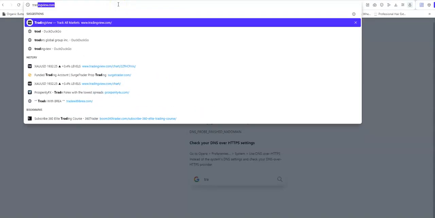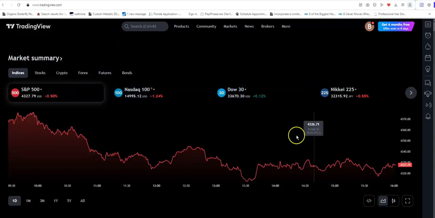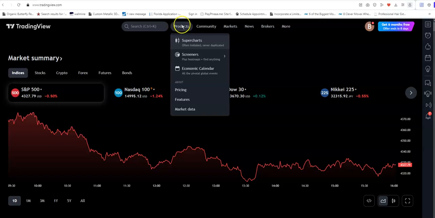TradingView. All right. When you come to TradingView, it's going to look like this, or it's going to be white. The white background. It's going to look like this once you get your free account. I want you to come to products and super charts. Often imitated, never duplicated. Okay. All right. So I want you to come here,